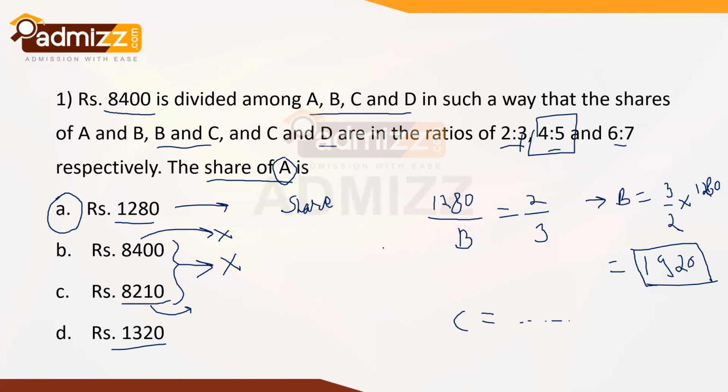And once we've found out all the shares, right, A, B, C, and D, we add them up and we check, right? So A plus B plus C plus D equals to, if the sum happens to be 8400, right, then this is the correct answer. And when you use 1280 as a share of A, the sum does happen to be 8400, so it's the correct answer, right? But in some cases, it may not come, and in those cases, you have to check the